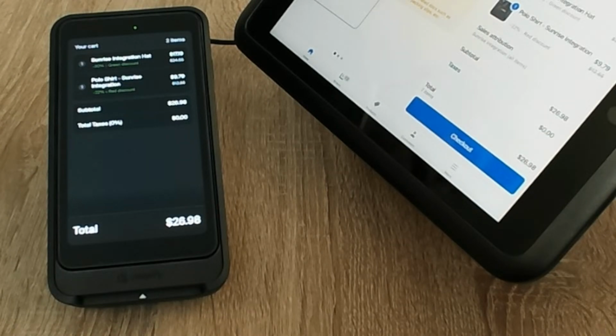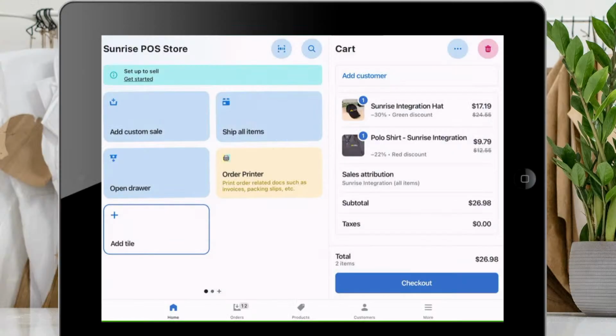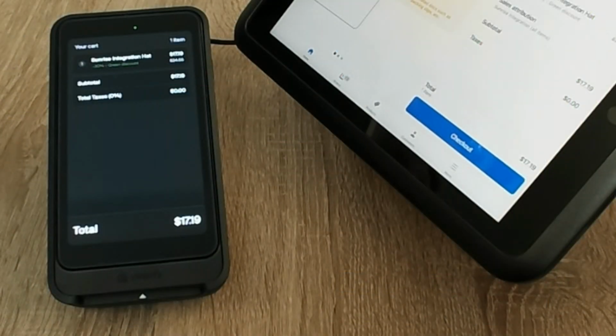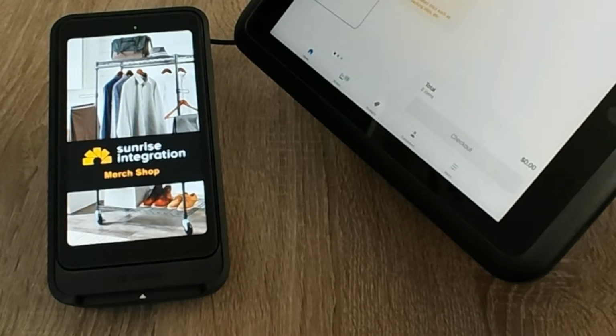And if you're doing any kind of deletes, right? If I go to my POS screen here and I say, you know what, I'm just going to delete that item. As soon as you delete it, you'll see that it removes it from the terminal. So it's nice to have a real-time view of everything that's happening. So I'll swipe another one here. As soon as I clear out the cart, look what happens. It jumps back to the idle view, almost like a little poster for your store, and you're ready to start over again. So again, a really great way to give the customer a little insight into what's happening in the cart in